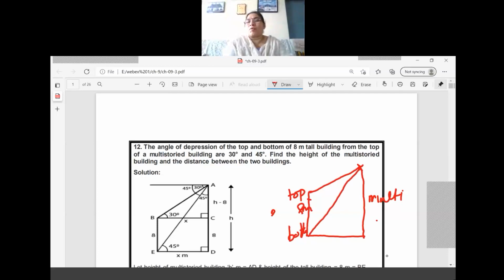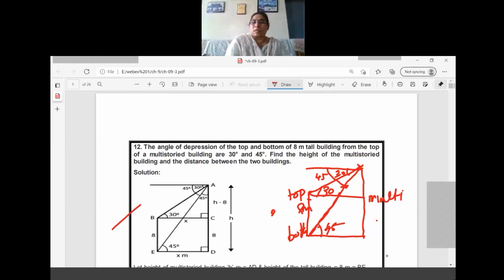To complete the angle of depression we require a horizontal line, right? So the first angle will be small only, that is 30 degrees, and next 45 degrees. Once we completed 30, we have to complete here only. So here also a horizontal line is required. So here 30 degrees and 45 degrees ending here. Since we are making alternate interior angles on the same line, 45 degrees here will come. Now you understood the diagram.